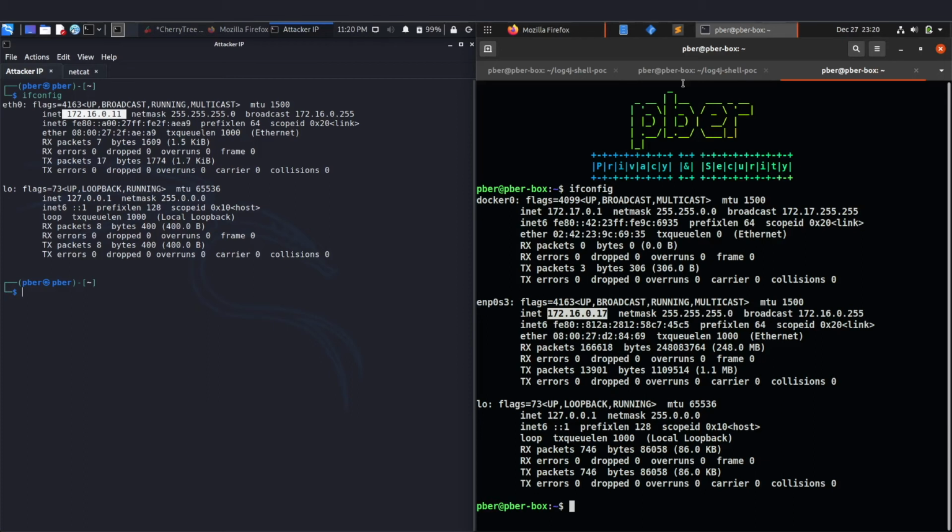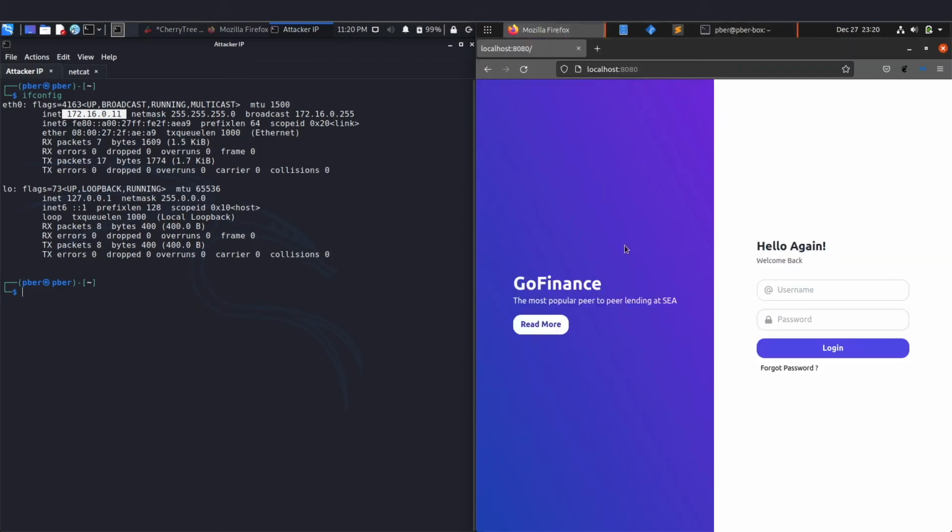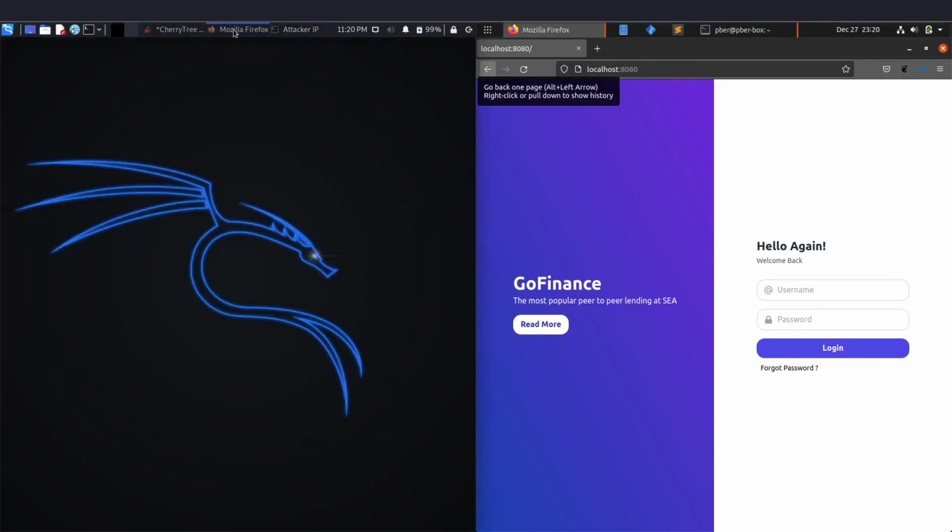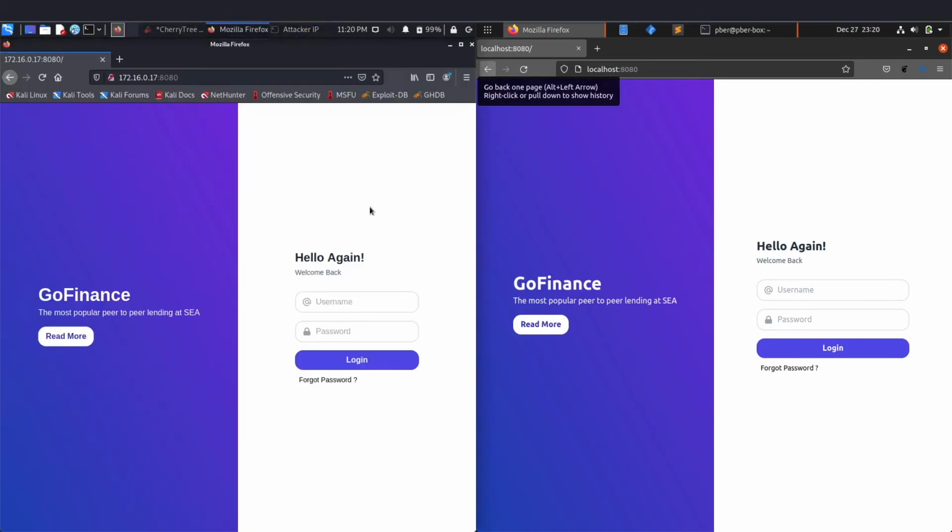As I said, it is running a web application and I am able to access the same web application from my Kali Linux as well.